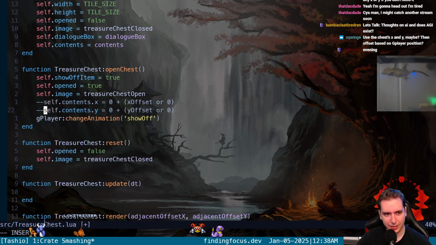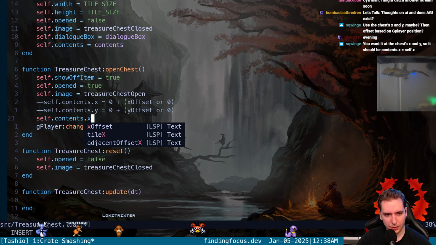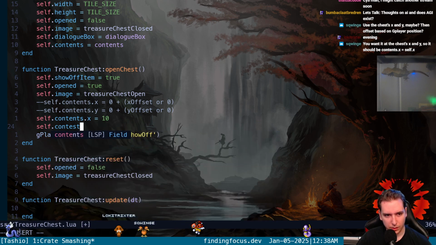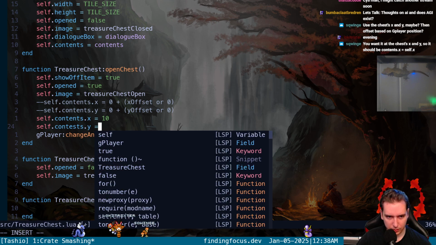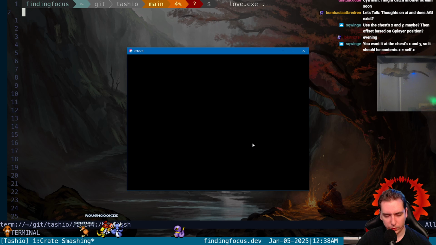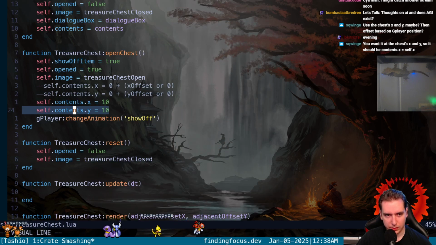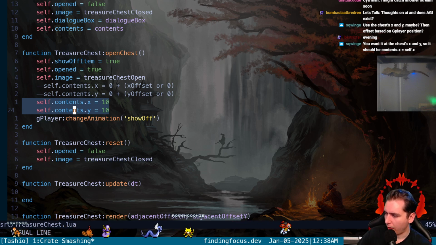Let's just see if we can just say 10, 10, because I'm curious if we have to put in the index of 1 for the contents, which is this. We're looking for top left, but not very top left. Okay, cool. So now we just need to set the contents X and Y at the chest's